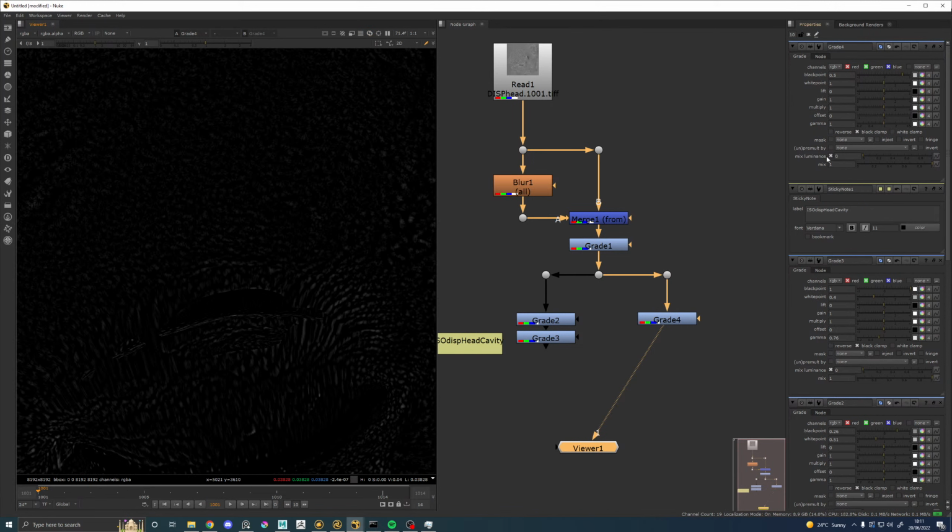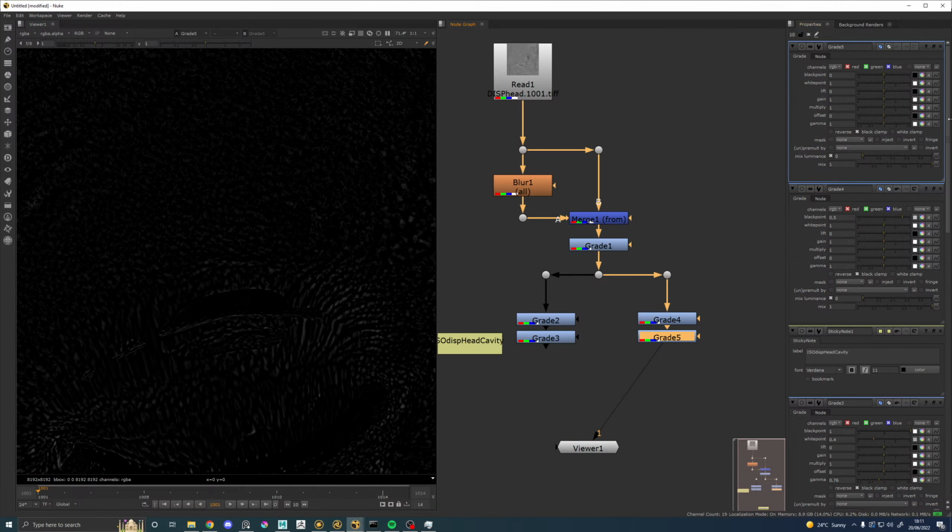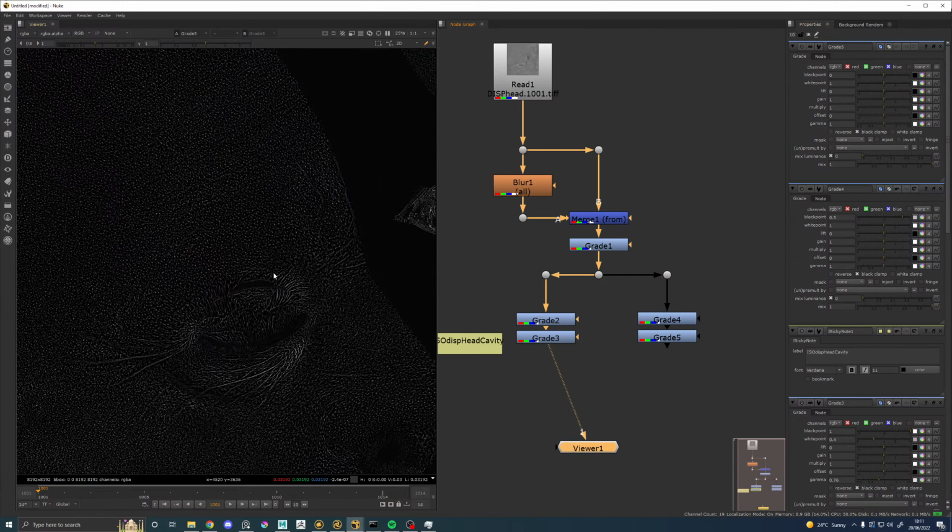So this will lift out some small details. And so we'll create a second grade after that. This will just boost the values to where we want them. So I'll double check. Yes, this is a